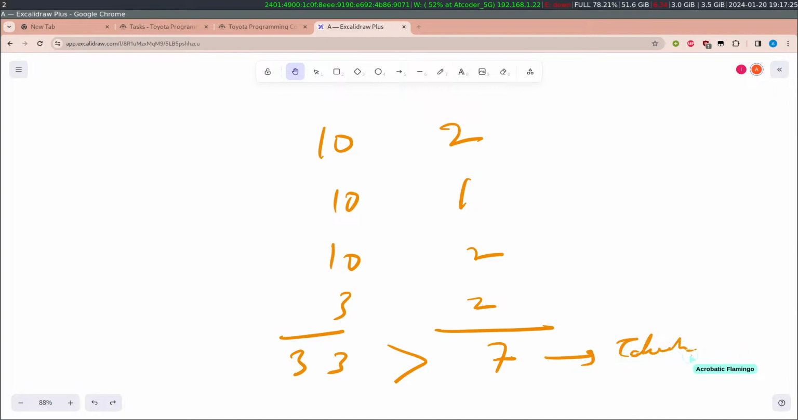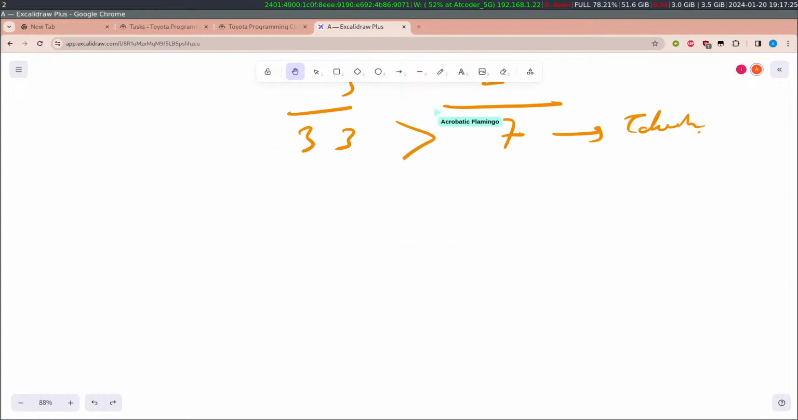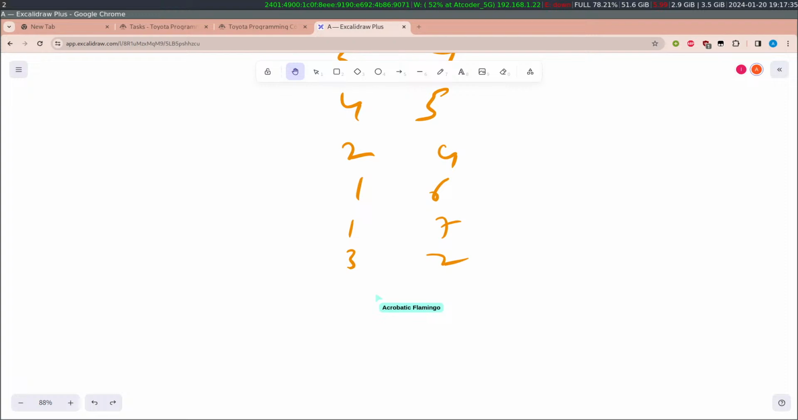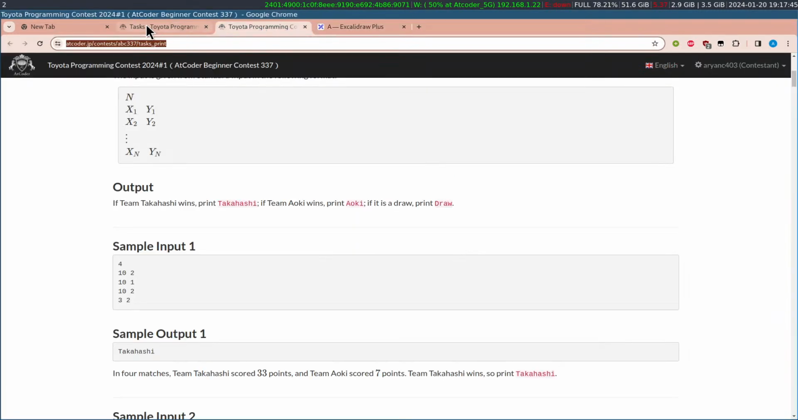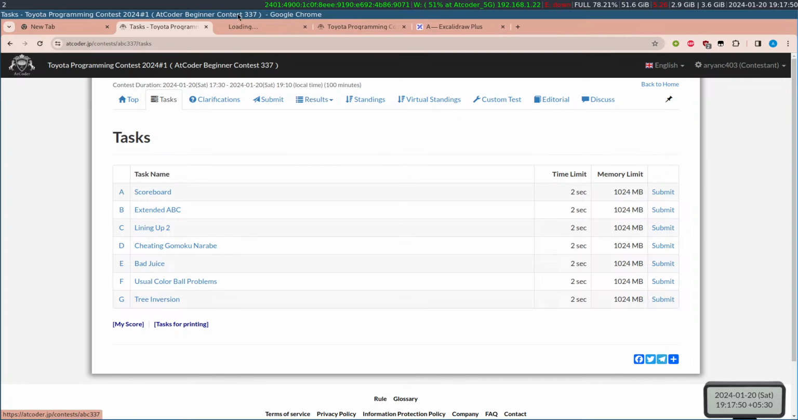Similarly, if we compare the scores in the second sample, it is 5 4, 4 5, 2 4, 1 6, 1 7, 3 2. And if we take the sum of both of them, we will find out that the scores are equal in this case, and we should print draw. And similarly, we can look at the third test case. Jumping onto the code for this problem,